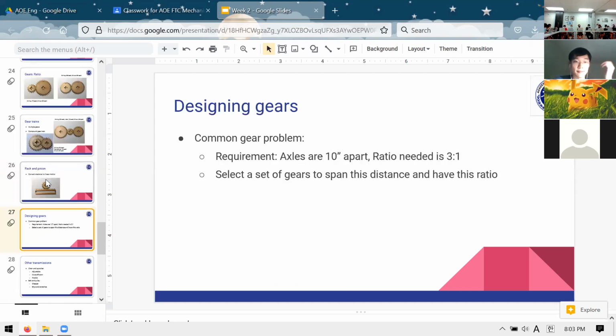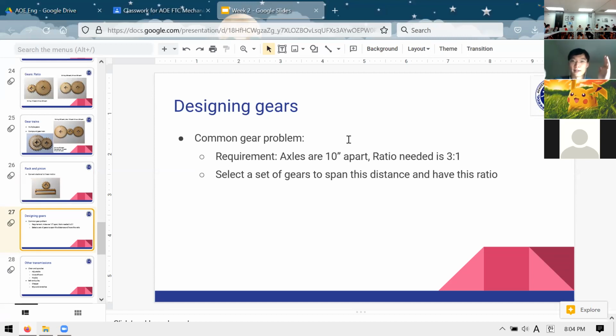And lastly, in terms of gears, a common type of problem that you're going to see is where you have some kind of requirement for how far apart your axes of rotation are going to be. Maybe your axle, your output shaft, and your input shaft from the motor. And you need to achieve a certain kind of ratio. So the real challenge becomes